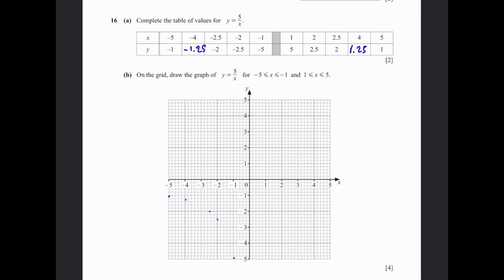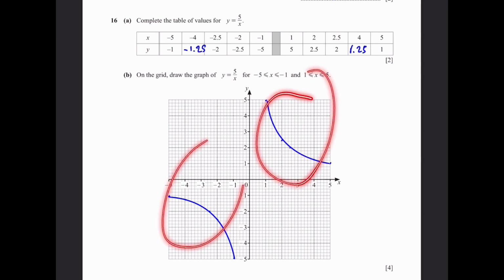Now, we can do the same thing for the positive values of x. X is 1, y is 5. X is 2, y is 2.5. X is 2.5, y is 2, like that. X is 4, y is 1.25. And x is 5, y is equal to 1. We can draw two curves like this. One there and one on the other side like this, and this is the graph of y equals 5 over